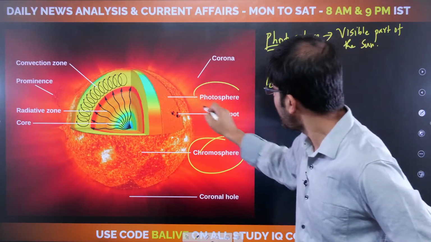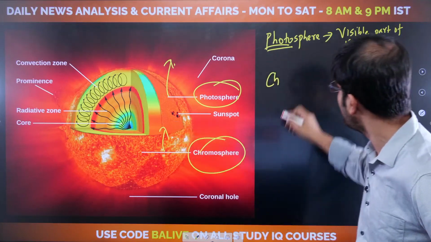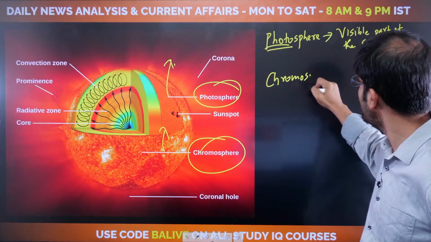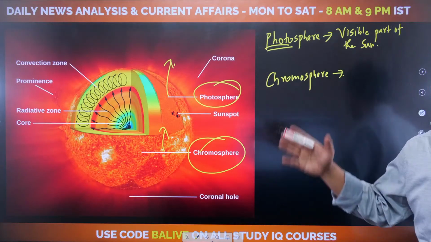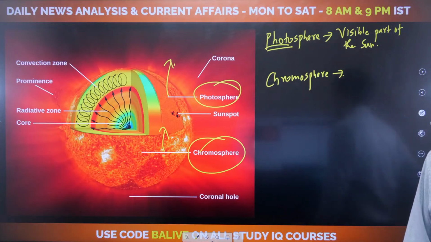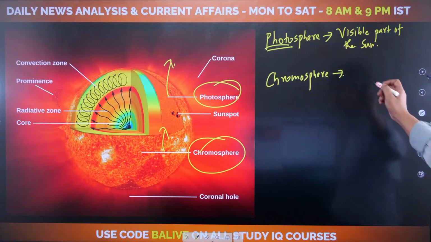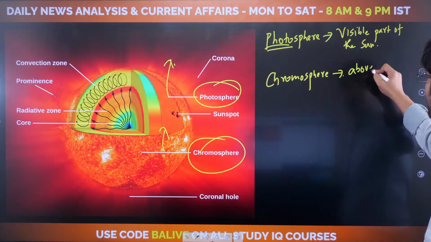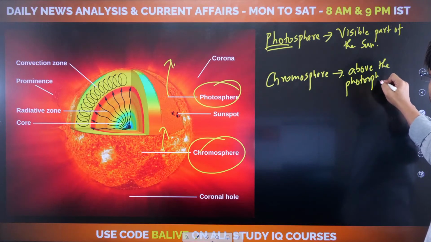You see, first you have the photosphere, the outer red region. Thereafter you have the chromo one. So understand chromo. What is the chromosphere now? If you're noting this down, good, or else you will be getting all of this in the slides. So don't worry about that, guys. Now the chromosphere is essentially above the photosphere. Just above the photosphere.